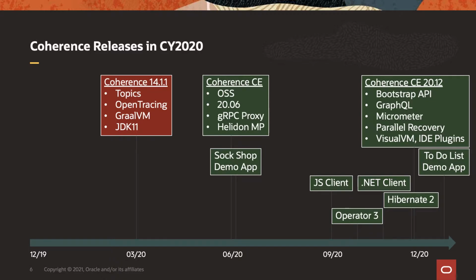Later in the year, we introduced a JavaScript native language client that uses our gRPC proxy. We revved our .NET client. We revved our Kubernetes operator for Coherence called Coherence Operator to version 3. And we revved our Hibernate integration to support latest versions of Hibernate. Then in December, we made our Community Edition 20.12 release, which features a new API called the Bootstrap API for